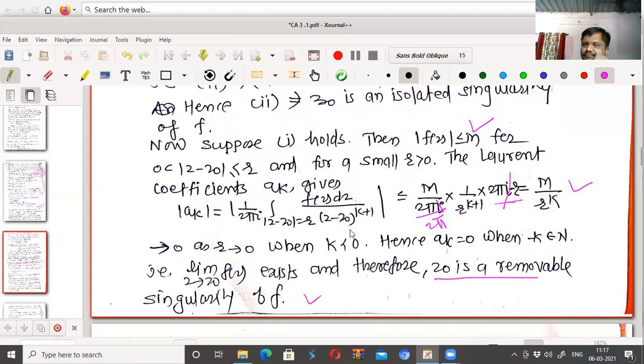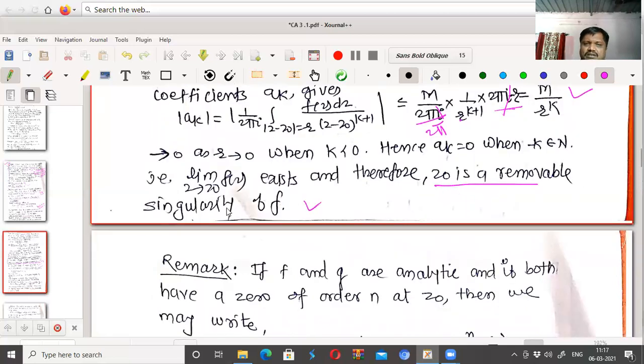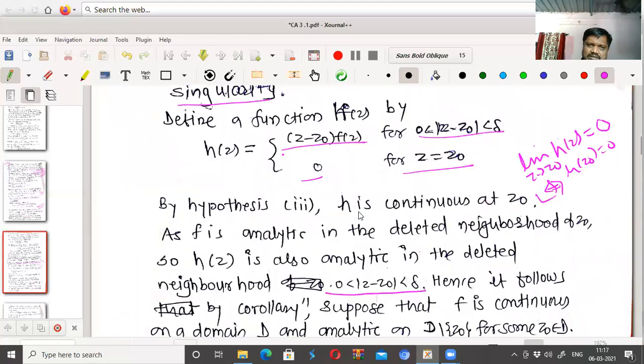That means analytic. That is, negative powers of z are absent, and if negative powers of z are absent, then all non-negative powers will be there, and if non-negative powers only occur, then we can say that it is the analytic part only, and therefore z0 is a removable singularity of f. Okay, and if it is removable, then 3 holds, then 2 holds, then 1 holds. So this is about Riemann's